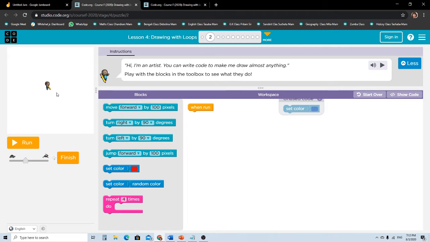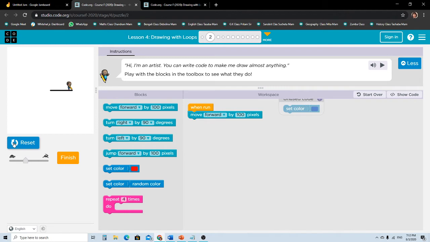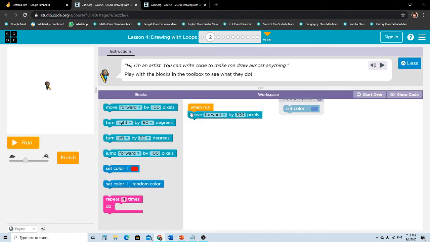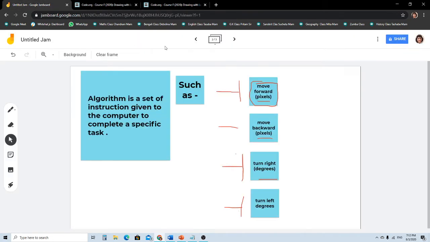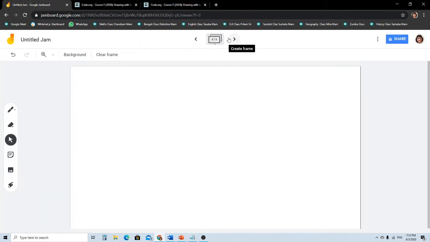So if this is over here, it needs to move forward. So let's see what is 100 pixels. That is enough for a triangle base. Okay, move forward, and then so this part of the triangle is done. So we are hoping for this.